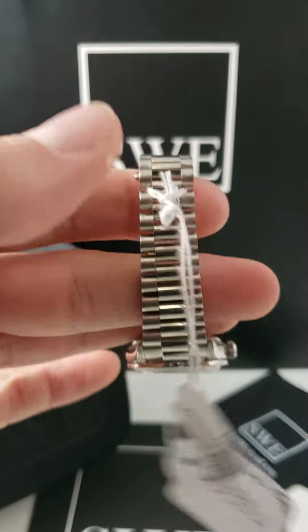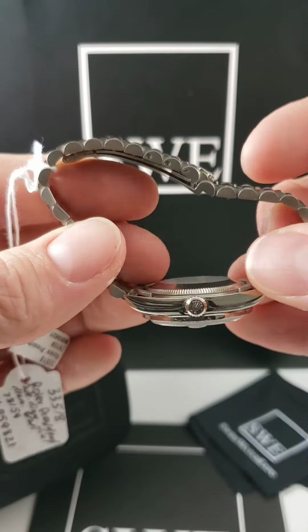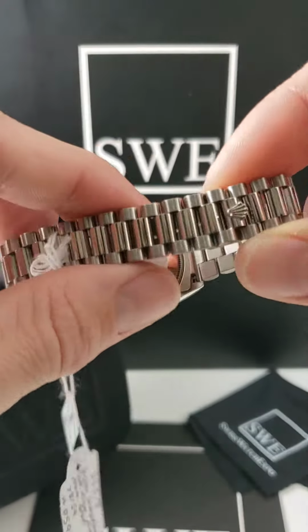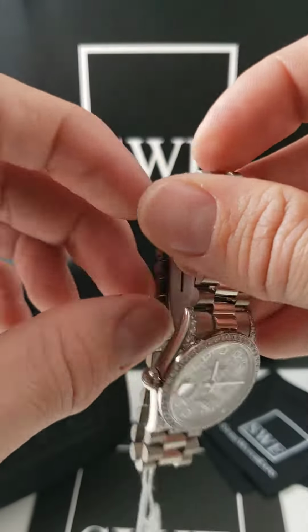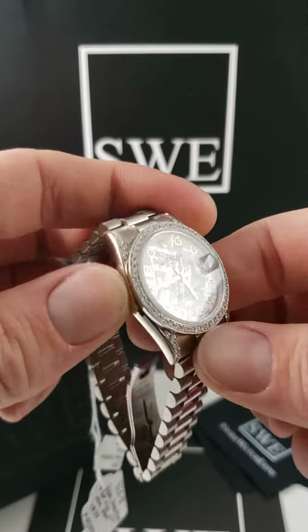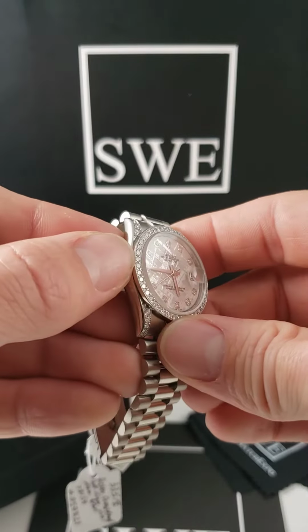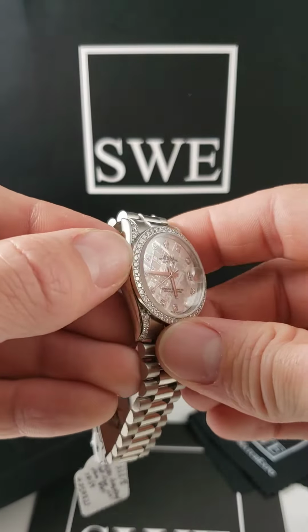Well, let's talk about the staples, right? This is going to be 18 karat solid white gold. That's going to be the case, the bracelet, the clasp. Of course, it does have the hidden clasp that we appreciate on the Rolex President line, as well as you'll find white gold in the hands, as well as the setting for all of the diamonds in the bezel and